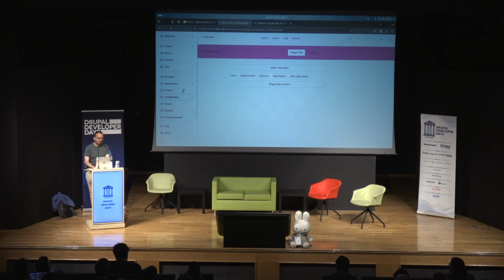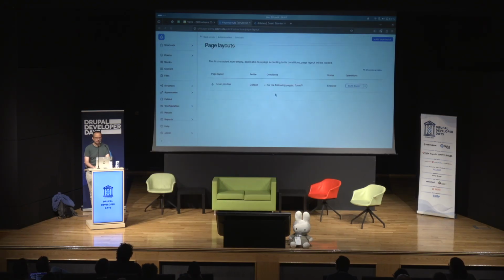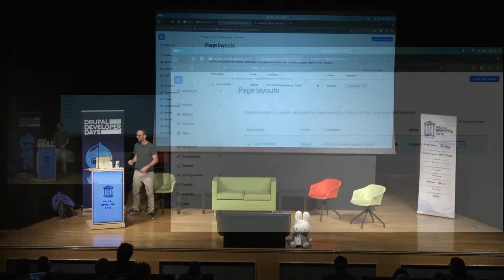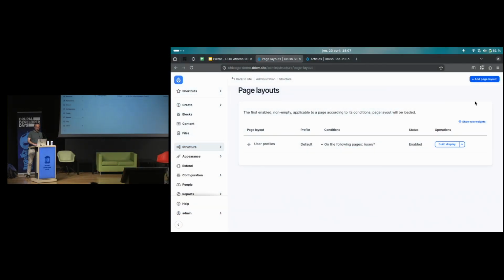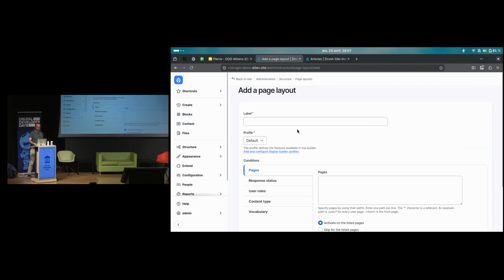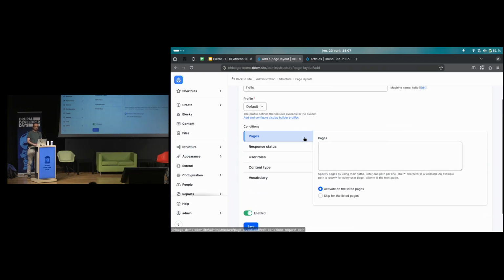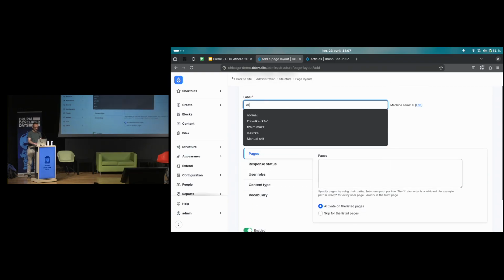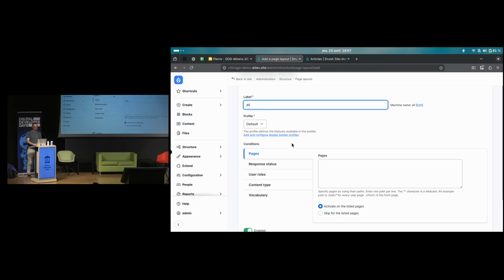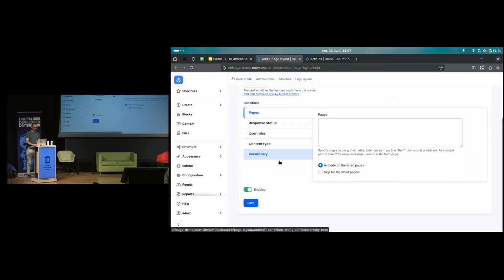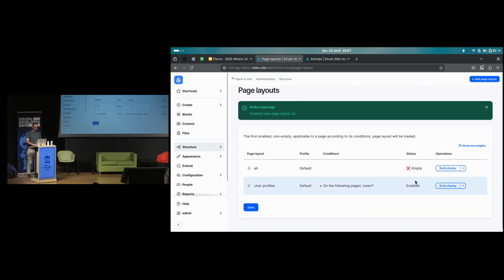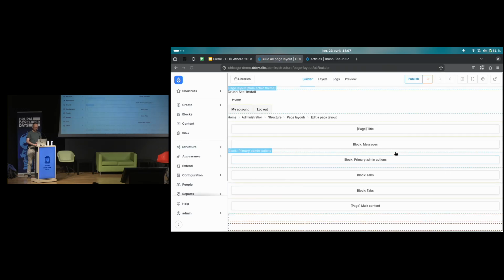I wanted to be fast, so I already used something I built before the talk. But you will see, if I create a new page layout, I will not put any condition, so it will be for every page. And I start building.